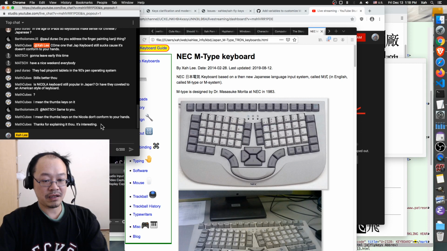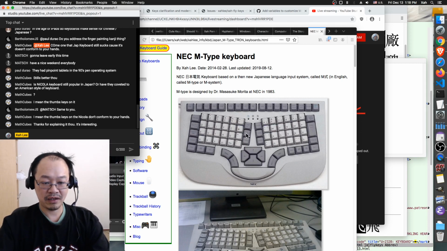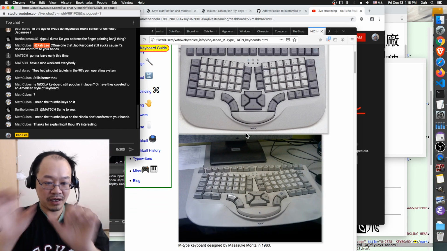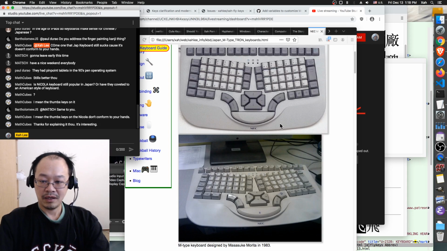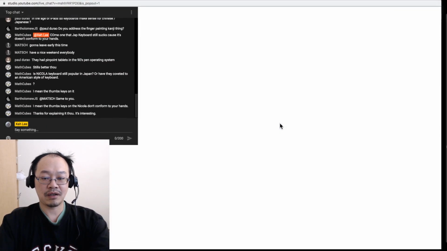The thumb keys on a Nikra don't conform to your hands. Why, what do you mean? They kind of do. They are in the middle. I mean, for Japanese they kind of do, I think. So anyway, we are looking at